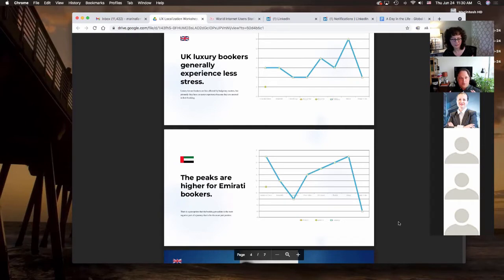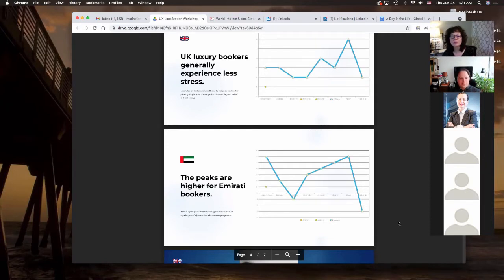And basically, what we were trying to get was some substantial data, something that we could measure in terms of measuring these emotional states. And we saw that there was a significant cultural difference between these types of customers based on how they were booking their holidays. And that's obviously what we were focusing on at the time. So with that in mind, we produced a couple of profiles that were meant to help us identify what kinds of qualities and worries and priorities each customer group had.